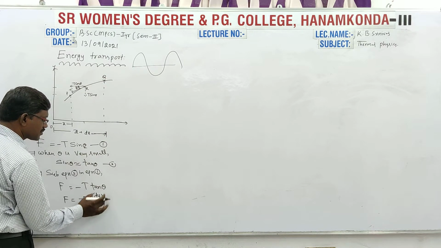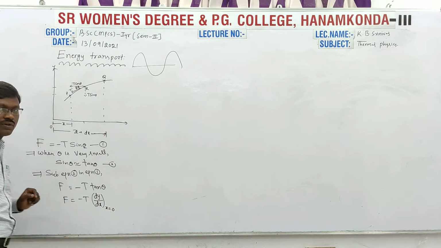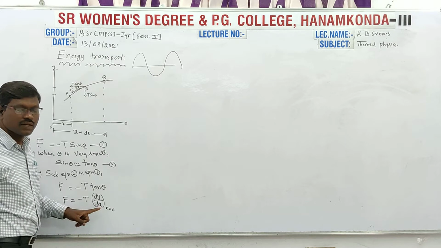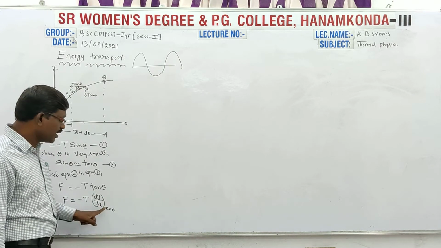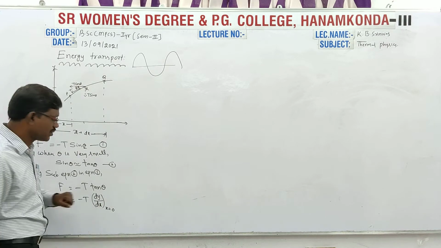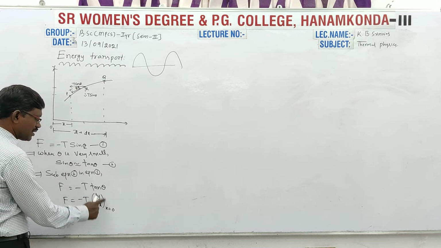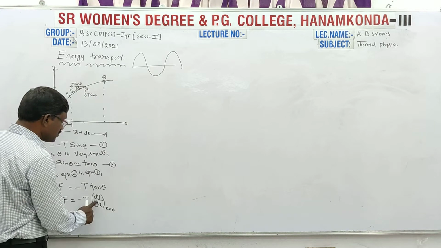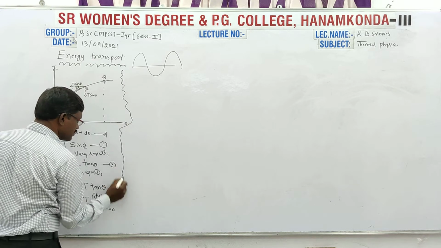Here I want to write this tan theta at x equal to 0. I am imposing one condition, that is x equal to 0. During our last topic also we did like this; every time we calculate at x equal to 0. So I want to calculate dy by dx. If I calculate dy by dx, I can calculate the force value. Before that, we have to consider what is the expression for y.